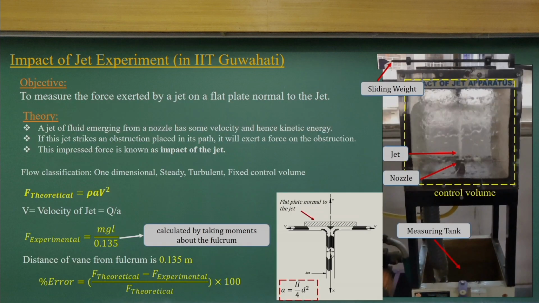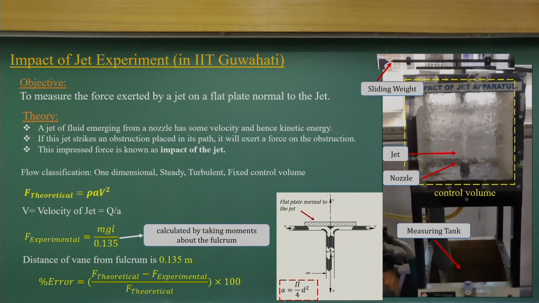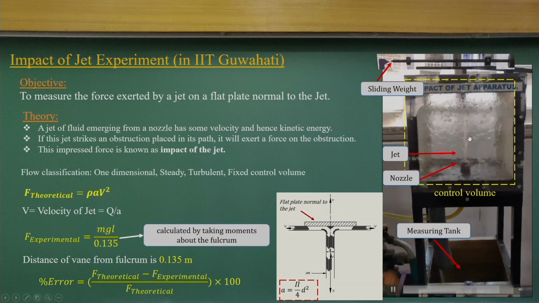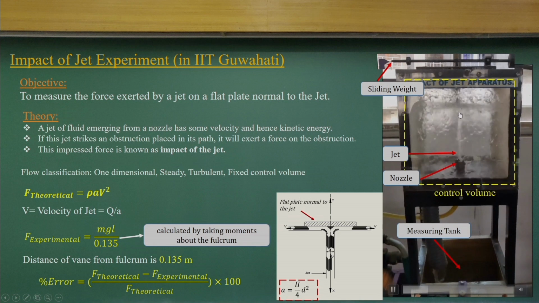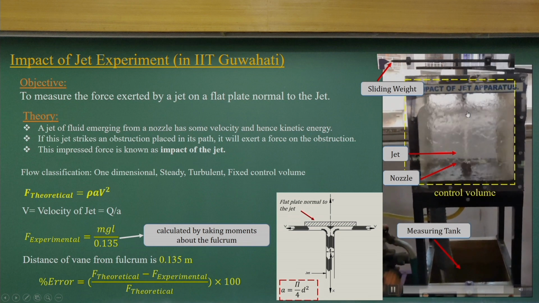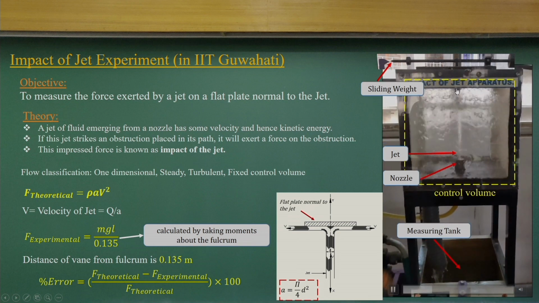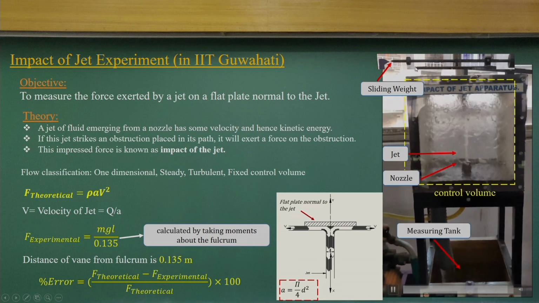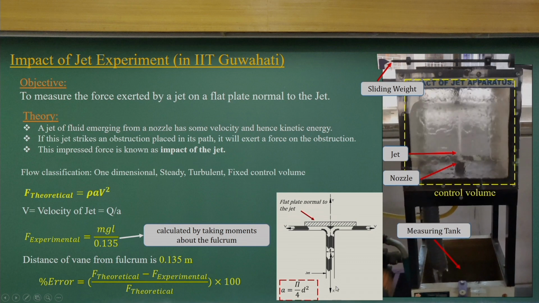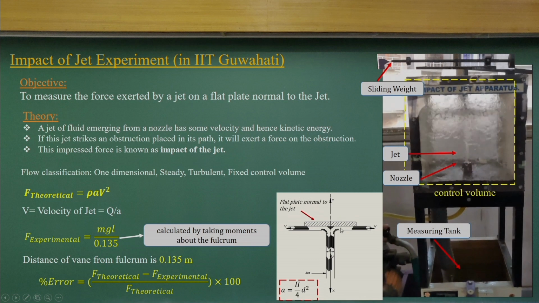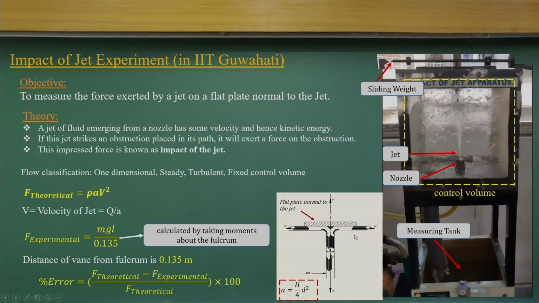Now, before concluding today's lecture, let us see the figures here. A very simple experiment is the impact of jet experiment. If you look at this jet, the water jet is here and it is balanced by the weight here. So, we can know the velocity of impact and how much weight we are counterbalancing. This is the control volume: you have a water jet coming in, and that water jet is going in these two directions.